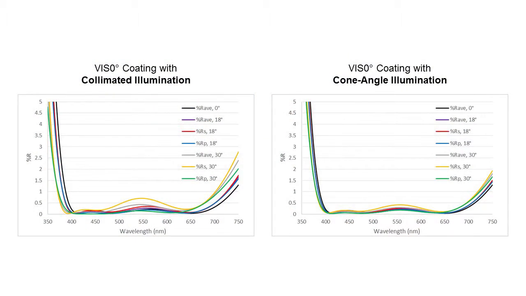On the contrary, angular performance does not really affect anti-reflective coatings, and that's why AR coatings are so widely used in a number of applications, definitely in the machine vision and automation world. So you're not going to get much of a difference as you change angle of incidence or as you change your cone angle when it comes to AR coating. So these are widely used in systems where there's broadband light sources, a very large angular change, or a very large cone angle.